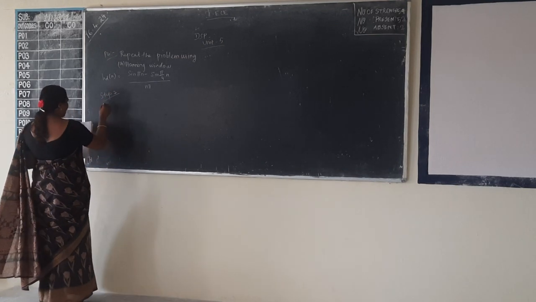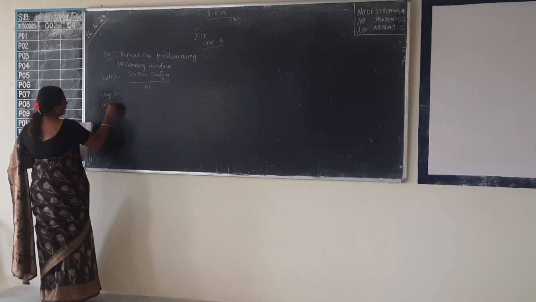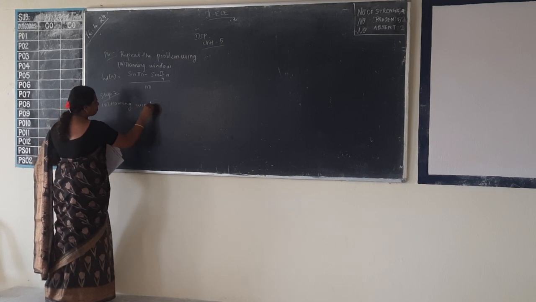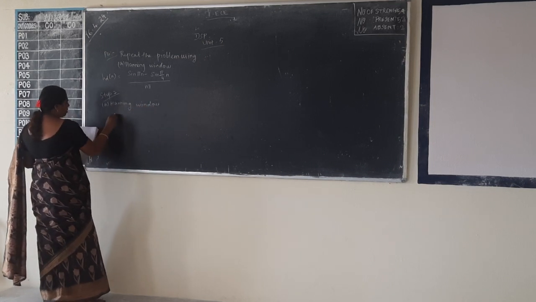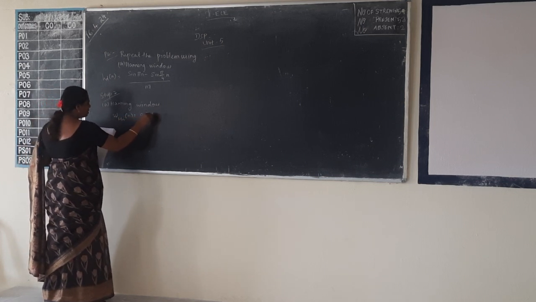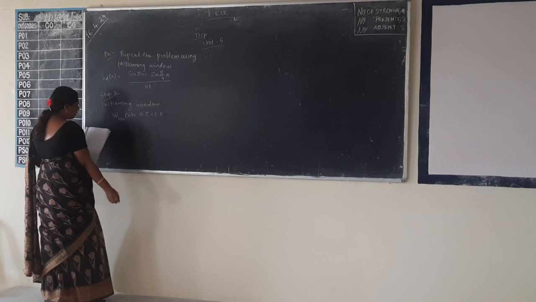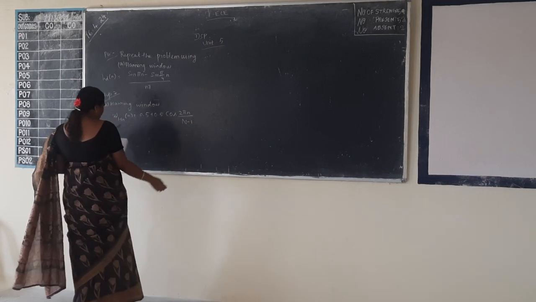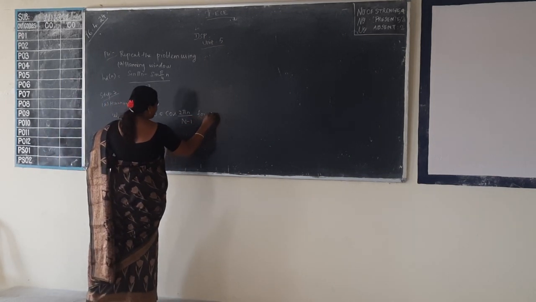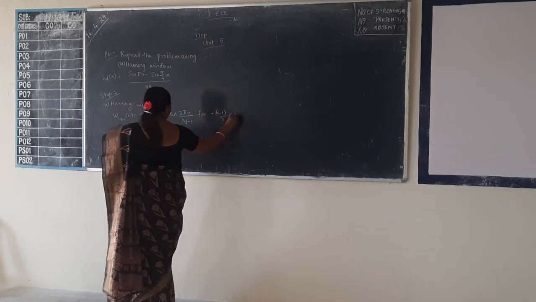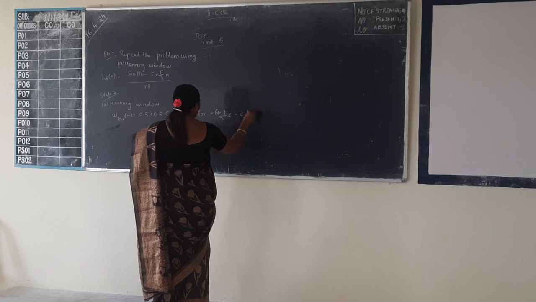We have the Hann window, right? So for the Hann window we have the equation as w suffix hn of n is equal to 0.5 plus 0.5 cos 2 pi n divided by N minus 1, for minus of (N minus 1) by 2 less than or equal to n less than or equal to (N minus 1) by 2.